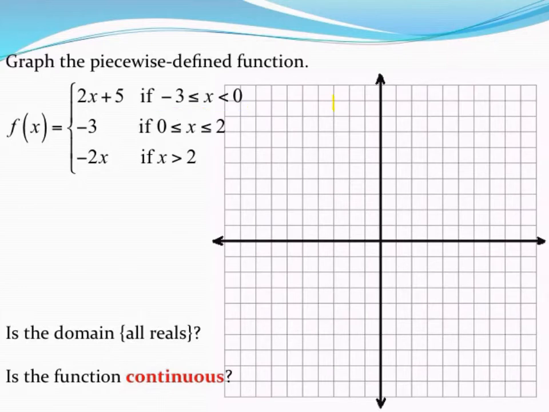So let's draw a sort of dashed line, this invisible barrier wall at -3, where x is -3. And then here's that same line, or similar line, when x is equal to 0. So something special will be happening at those locations. So let's begin by graphing what's going to happen in between there. My piecewise function says the graph is going to behave like the line 2x plus 5 in between those two